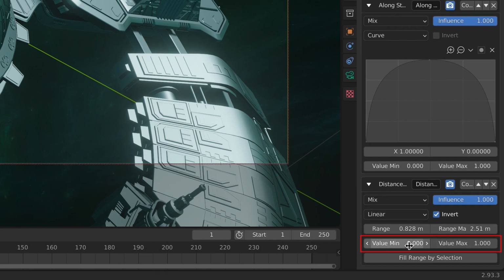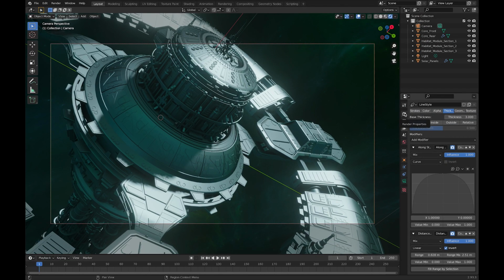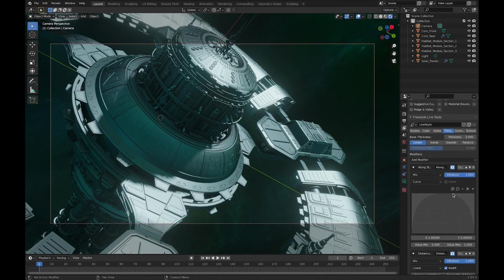You've got your value minimum and your value max. You can put your value max to 3, to 4, to 5. You have to play around with it until you find the right setup that you want, okay? And that is basically your setup for your freestyle line renders and the different type of lines that you can